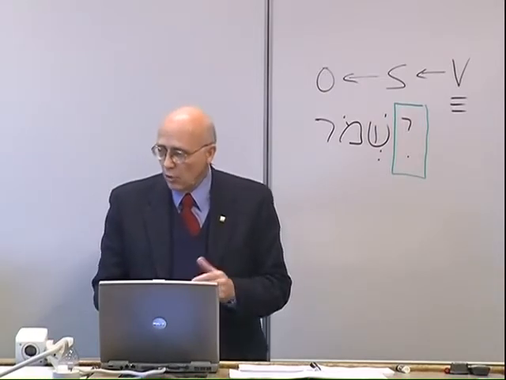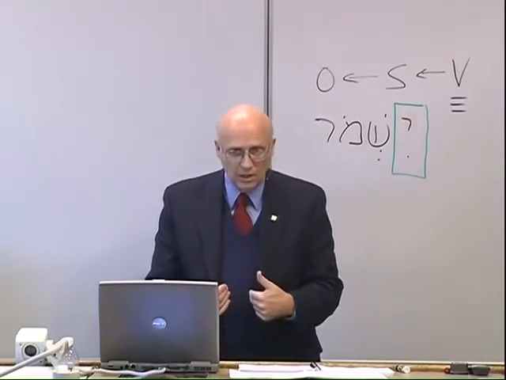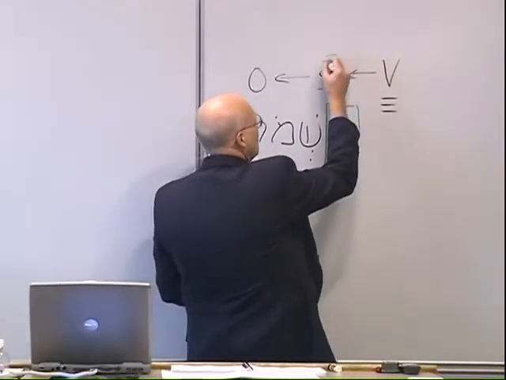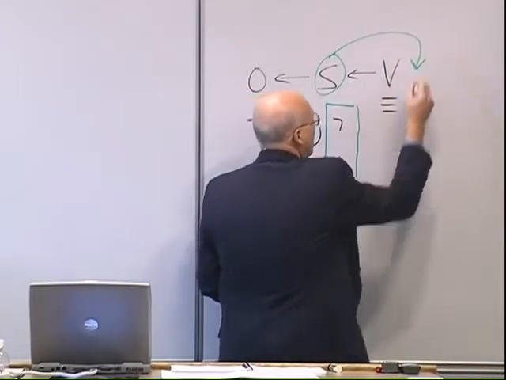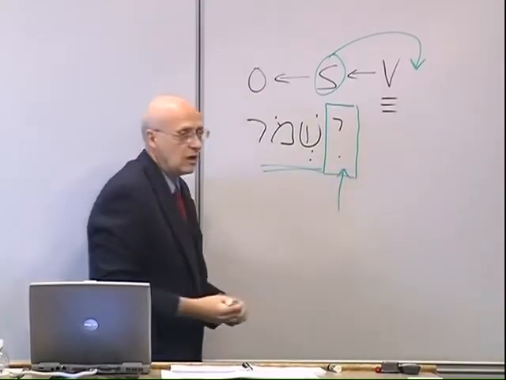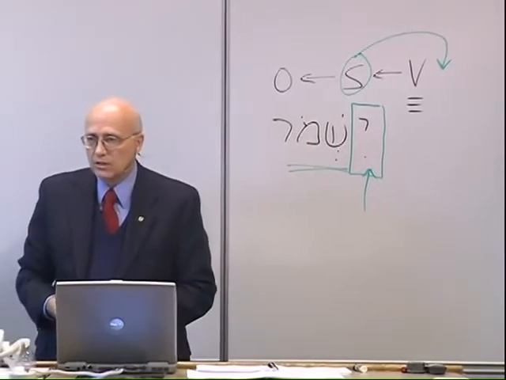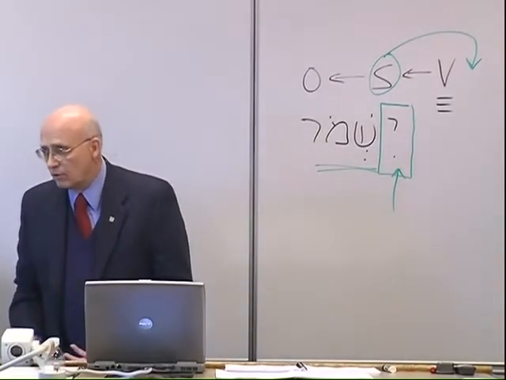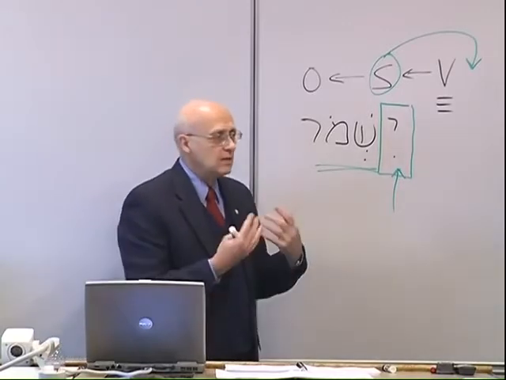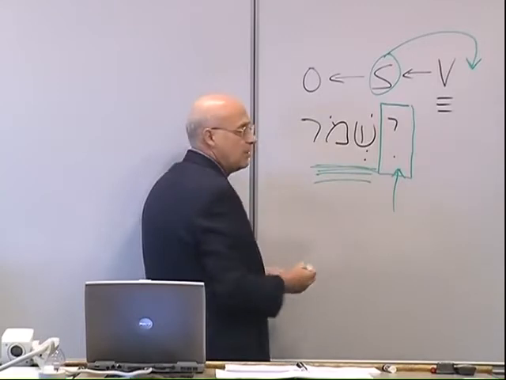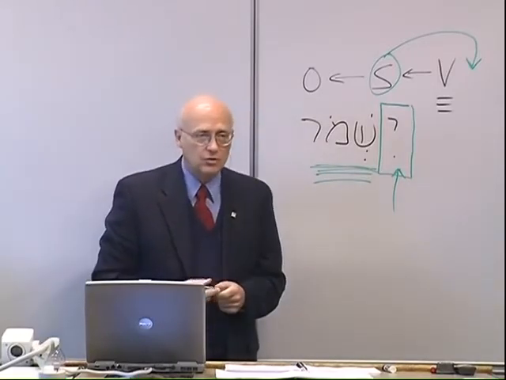So the person, or the subject of the verb, is attached on the front of the verb, which violates this order because it's actually putting the subject ahead of the verb. Here's the verb here, and this is the subject indicator, the prefix. And since the subject is being indicated prior to the verb in this verb form, then it tells us that there's something other than the pure action of the verb that has our attention or should have our attention.